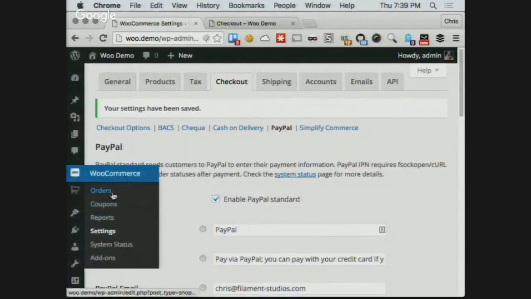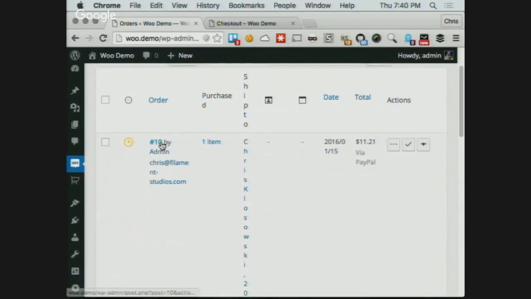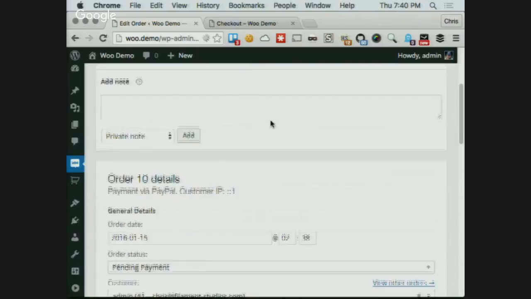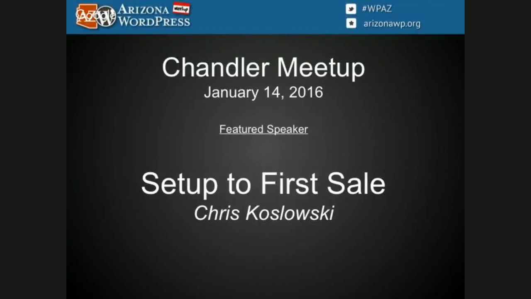PayPal, since they mostly do physical goods, has a couple different payment statuses that can be a little confusing at first. You'll see my order here that looks really bad on mobile. Let's open it so we can see it. So my order status is currently in what they call pending payment. EDD had pending, WooCommerce also has pending. What we're again waiting for is that callback from PayPal saying we actually did receive the funds,